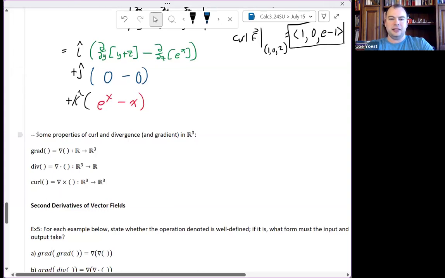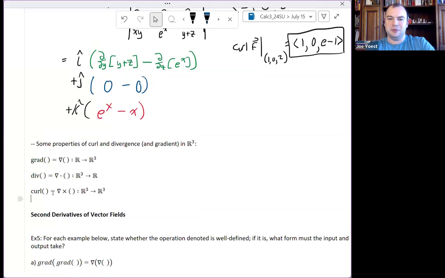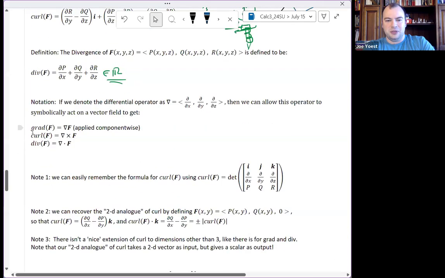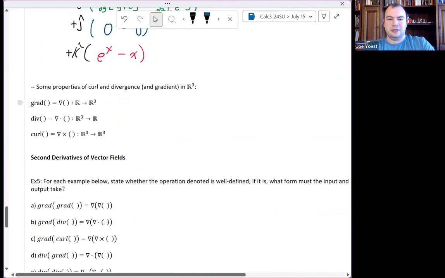Okay, so let's look at some properties, really just a property of each of them. Something we have to be very careful with when we're dealing with these vector calc ideas is what are the inputs and what are the outputs. Again, I was a little sloppy when I wrote something like this up here. So the gradient, or just applying the differential operator directly to a function,